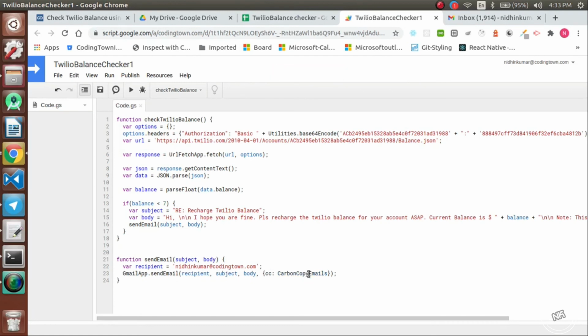The next thing is we want to automate this one, so we cannot run this function every time. What we'll do is create a cron job kind of thing in AppScript, which will call this function every 1 hour or whatever the time limit you are going to set. Based on the time limit, it will keep on running, and it will check the balance. If the balance is less than the threshold value, it will trigger the email. So let's try to